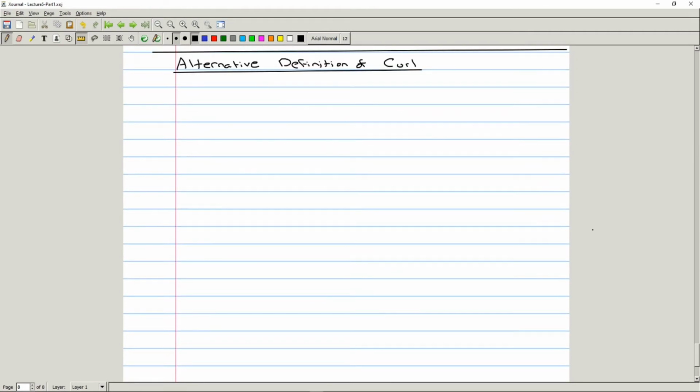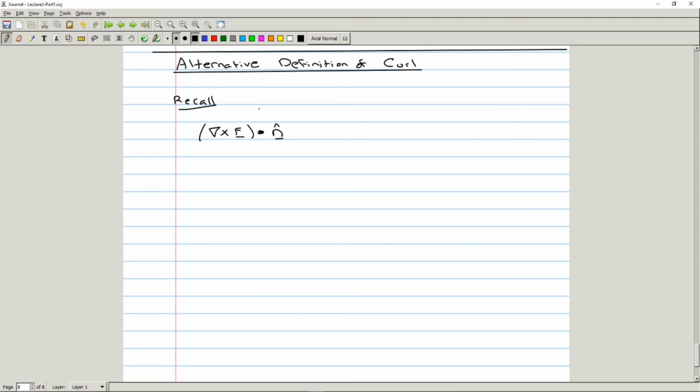And we do that in the following way. So suppose we want to define the curl of a vector field at some point r using the idea of circulation. Right? How can we do this? And recall the following: